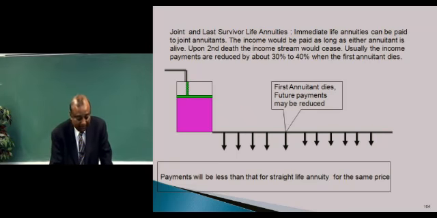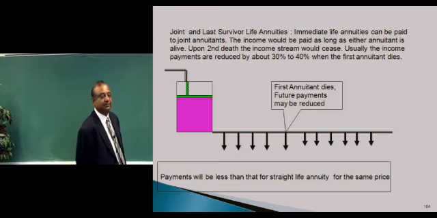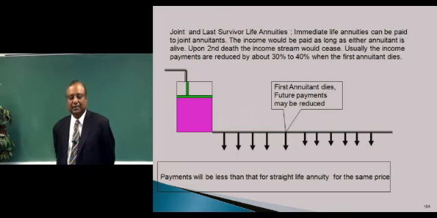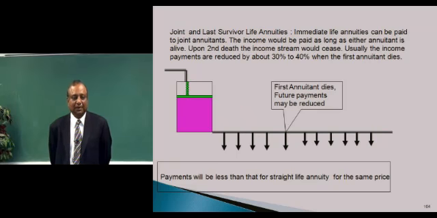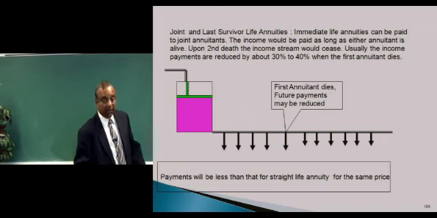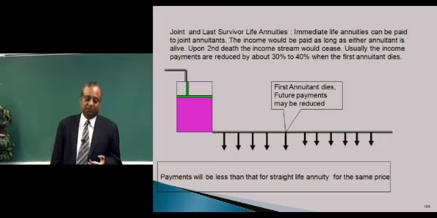Can I, for example, drop my wife from the pension annuity because I want to get more payments? The answer is no, because pension funds are matrimonial property and pension laws require that you include your spouse if you're a married person. However, it's possible to drop your spouse if your spouse signs a consent form saying that he or she is willing to be dropped from the pension plan.